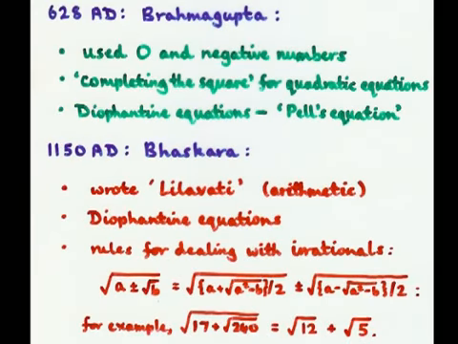Brahmagupta, possibly the greatest of the 3, discussed the idea of 0 as a number to calculate with, showed how to solve quadratic equations, essentially the Mesopotamian way, and looked at a particular type of equation that we now call Pell's equation. Bhaskara, much later, wrote a famous arithmetic book called Lilavati, in which he showed how to simplify certain numbers using square roots. He had essentially formulae like this. In particular, he had a formula that can be used to show the square root of 17 plus the square root of 240 is equal to root 12 plus root 5.